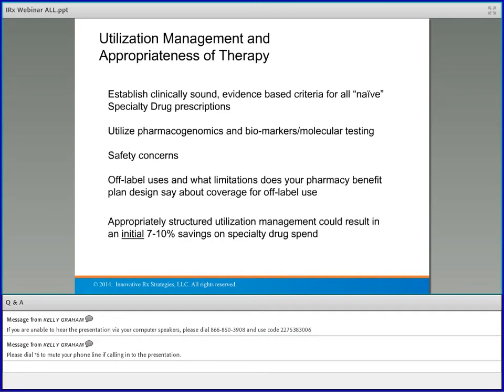And I think one of the key things when you think about appropriate utilization management, especially on the initial fills, is what we're recommending for a lot of drugs, especially the oncology drugs and some of the other oral ones, is that they only get a 15-day supply. Instead of giving them a 30-day supply in the first one, give them just a 15-day trial dose to see how they can tolerate it. Like I said, a lot of these oncology drugs have tremendous side effects, and the patients may not like them, they may not understand them, but if you're only giving a 15-day supply and they can't tolerate it, you're only out 15 days instead of 30 days. And if it's $100,000 a year, right, you've saved a considerable amount of money.